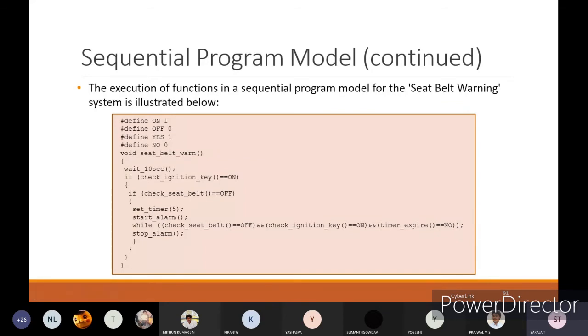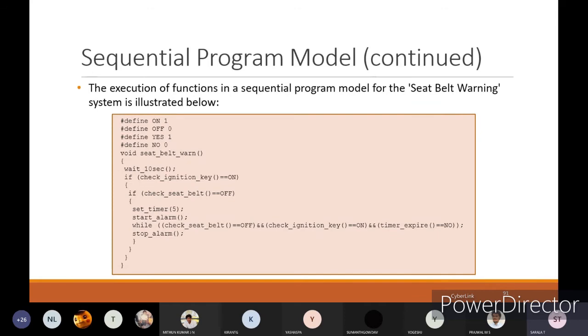After the timer of 5 or 10 seconds, you check whether the seat belt is on or not, whether the ignition key is on or not, and whether the timer has expired or not. If the ignition key is on and the seat belt is not added, the alarm continues.